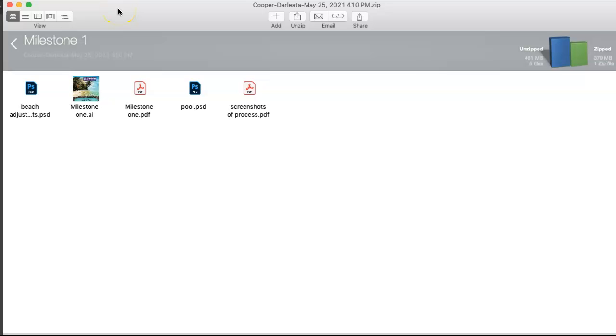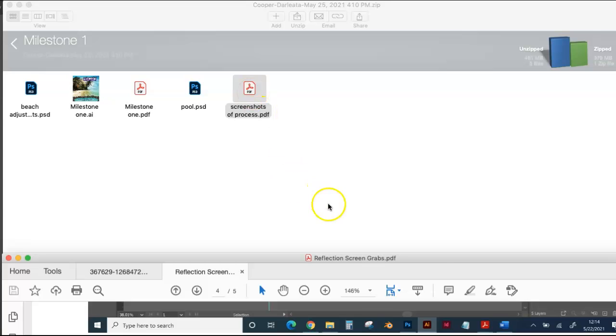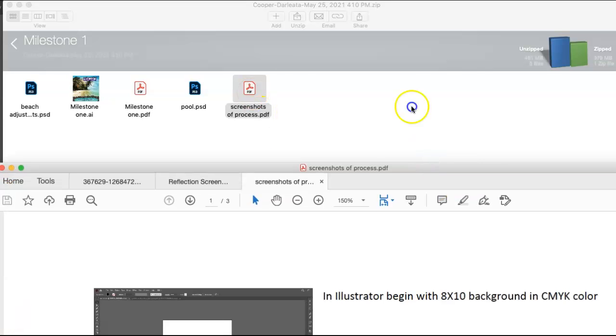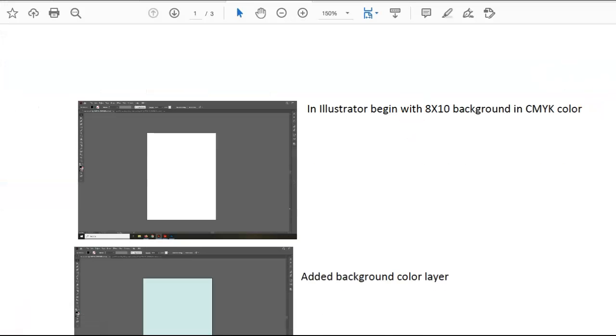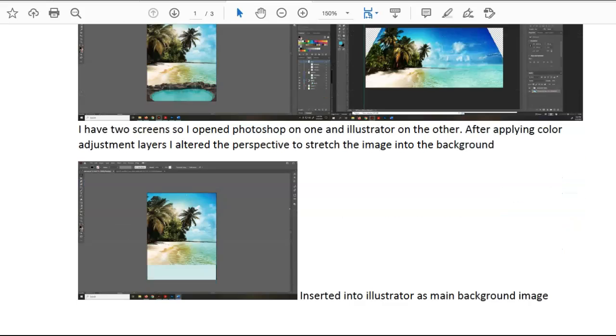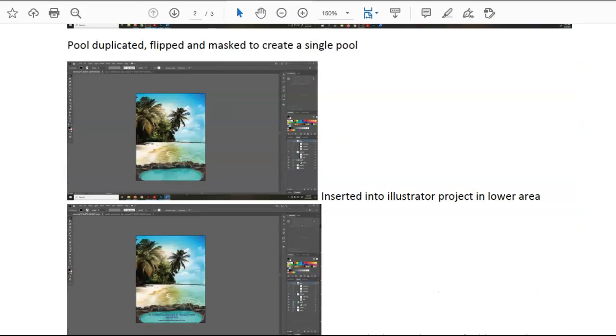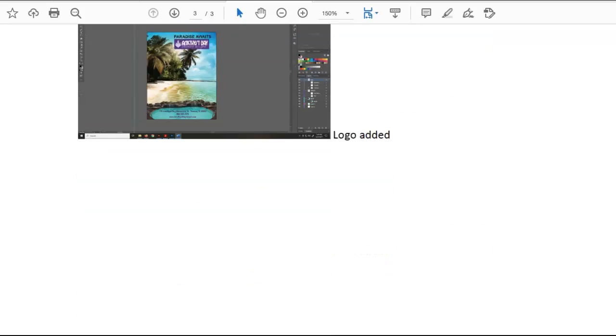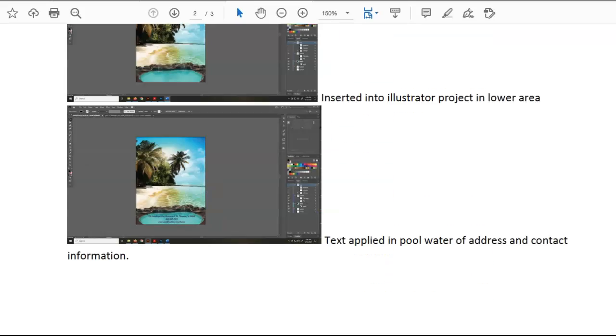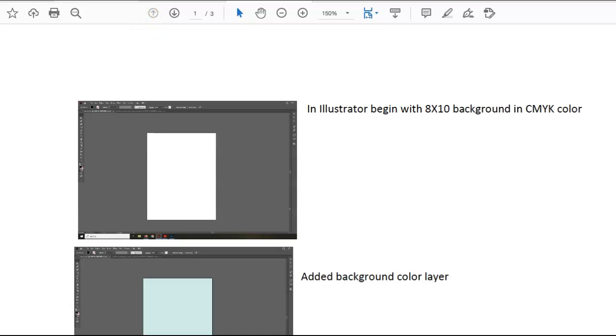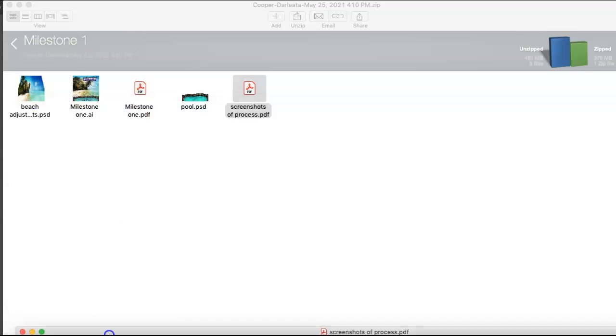Darlita, this is your submission. It was quite large, but I was able to successfully download it. I see that you have collected your screenshots into a PDF and you have added captions. This is great. This will make it very easy for you to compile your final reflection. It's only, I think, about 5 pages long, so you will probably have to do some editing. But it's good to see that you've got screenshots for milestone 1.